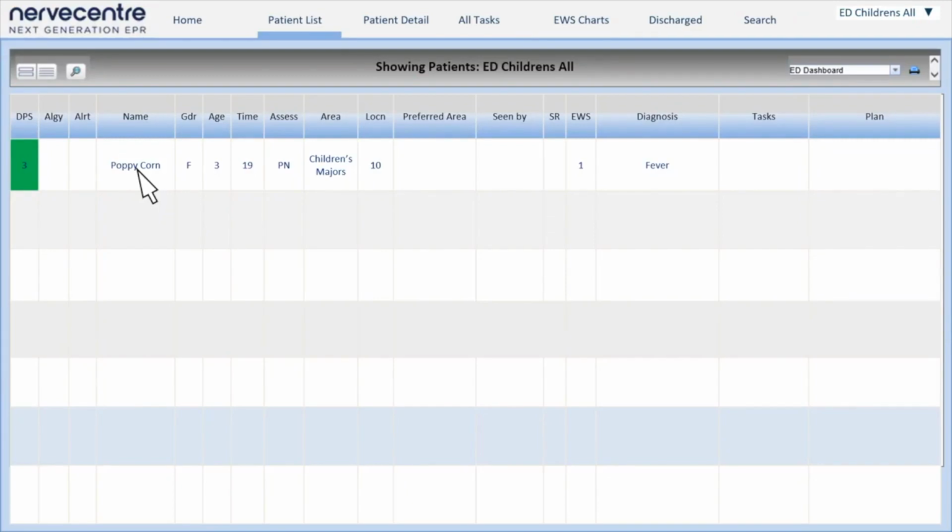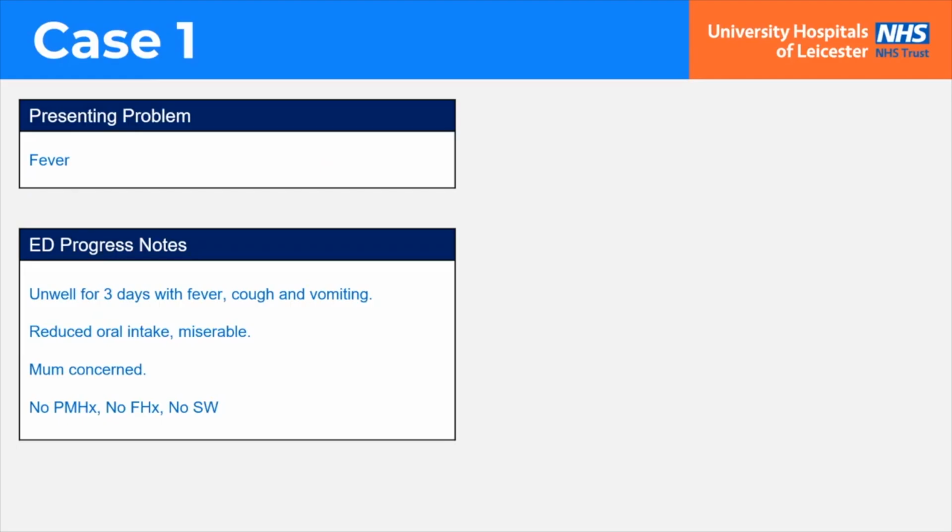allows us to prioritize the order in which we see children, and it's informed by a variety of reasons, including the observations, the POP score, and any clinical concerns or needs for time-critical interventions. A DPS of 2 needs to be seen ahead of a DPS of 3. A DPS of 1 realistically has already been seen by someone, and generally the 3s can be seen in time order. When we click on Poppy, we can see again that she's been coded with a presenting problem of fever,